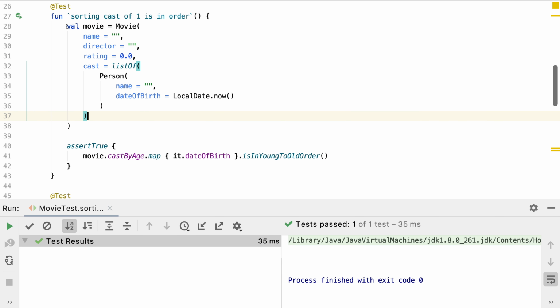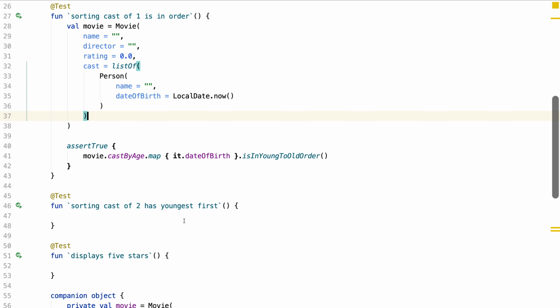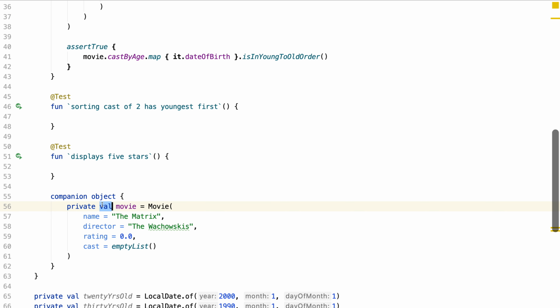Now we don't really want to explicitly create a movie object with default values, and a common solution to this is to create a factory function instead of our movie property. Turning the property into a factory function, we can provide a cast parameter with an empty cast list by default.